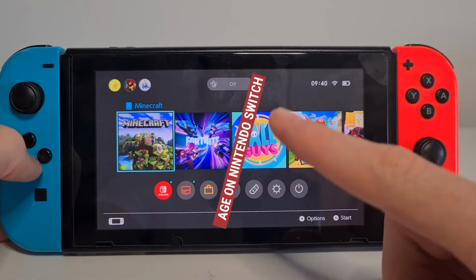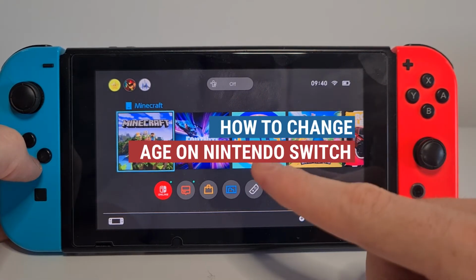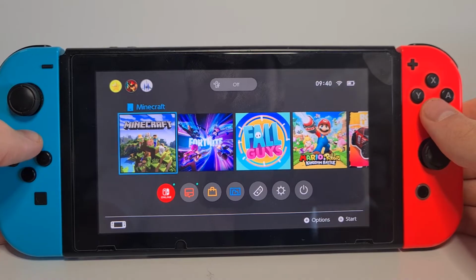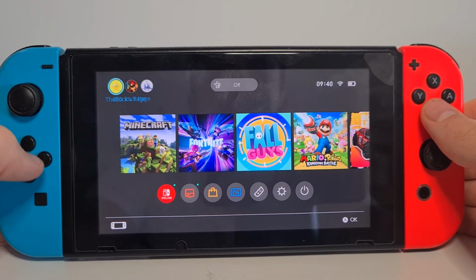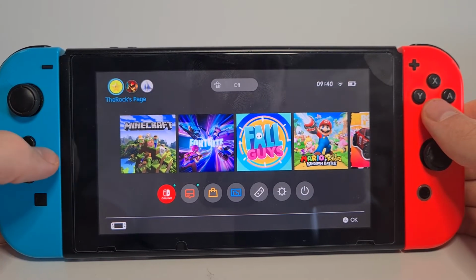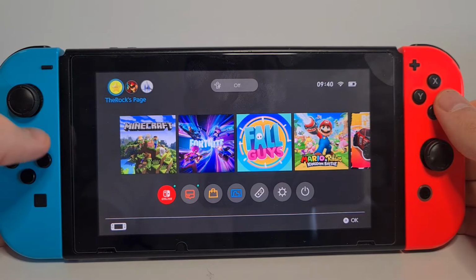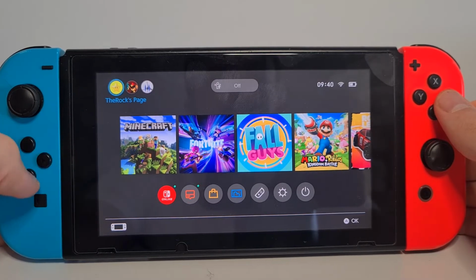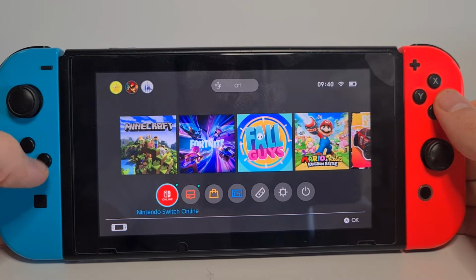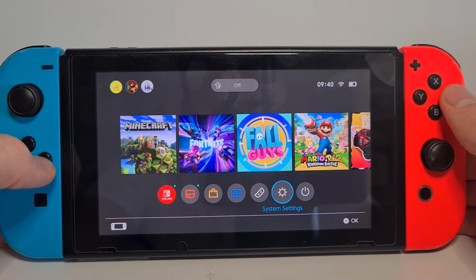This is how to change age on Nintendo Switch. Let's say when you created your main profile or desired profile, you entered a wrong date of birth. There is no direct way from the console to change the date of birth, but there's always the Nintendo support